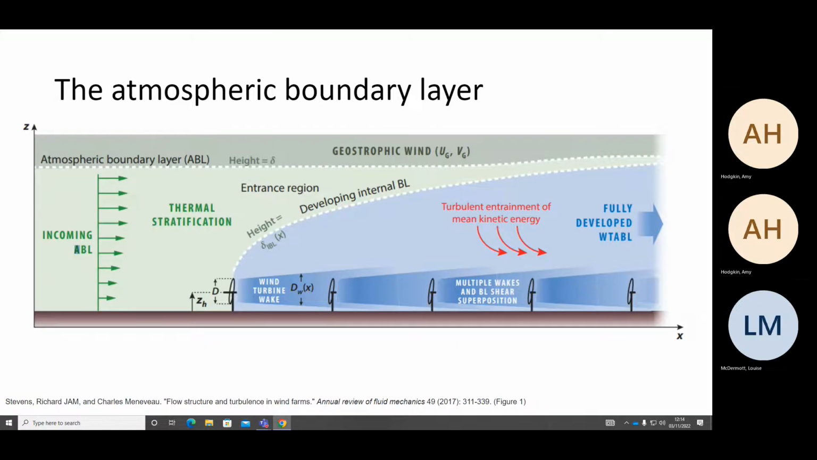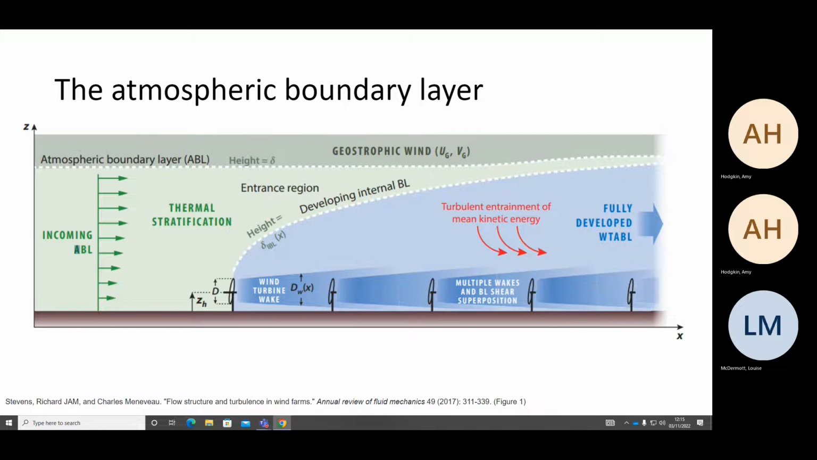Okay, so it's great to understand the wake in a very idealized setup, but really wind turbines exist in the atmospheric boundary layer. So we need to understand how the properties and statistics of the atmospheric boundary layer impact the wake as well. The atmospheric boundary layer is a region of continuous turbulence bounded by a sharp interface between the turbulent layer,